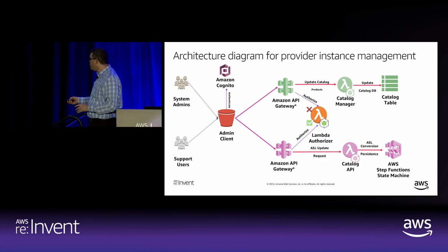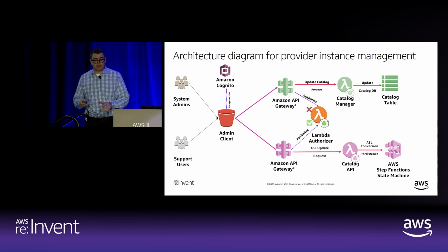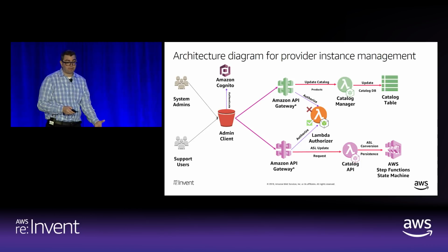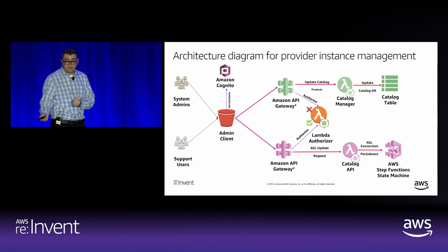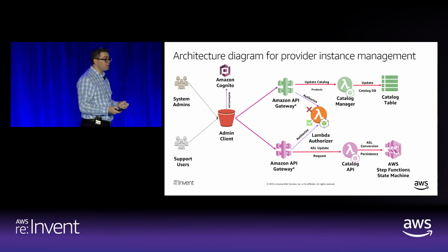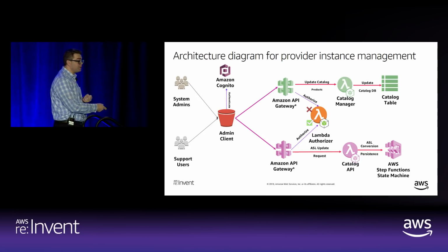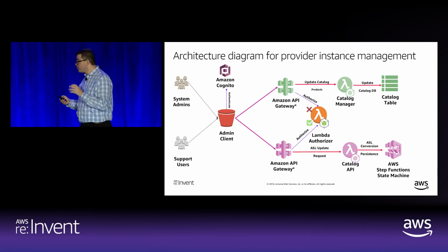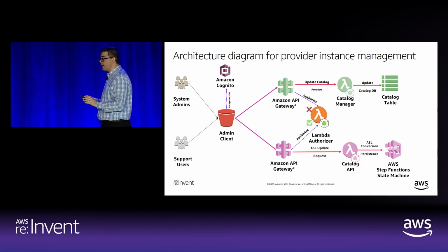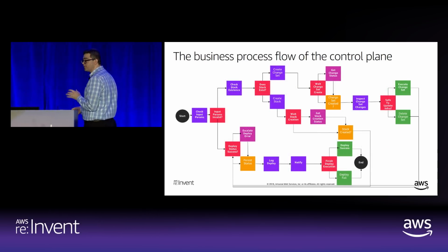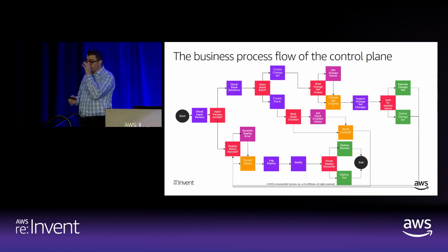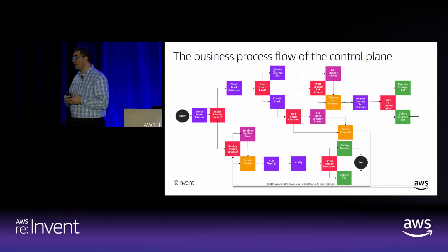But I need a way to expose that to my internal development and ISV team. The reason is because they're going to create a new product. That product team says, I want to invoke and provision that new product SKU, and I need a new workflow to enable me to do so. So you surface your API to do so. So we talked a lot about the architecture design. I'm going to move forward and talk about the business process flow that I designed for Step Functions, and talk to you a little bit more about how Step Functions enabled my control plane.